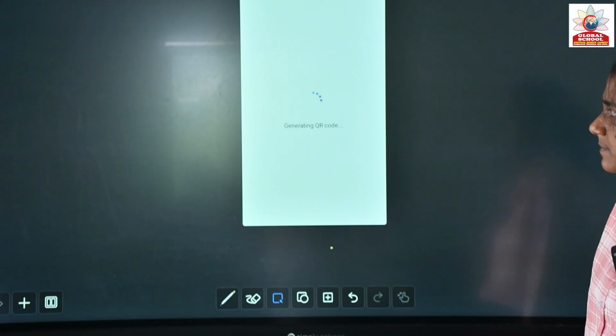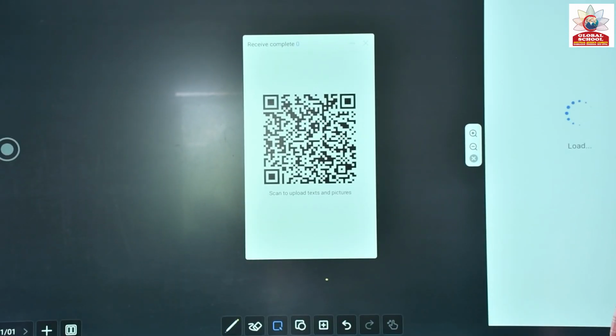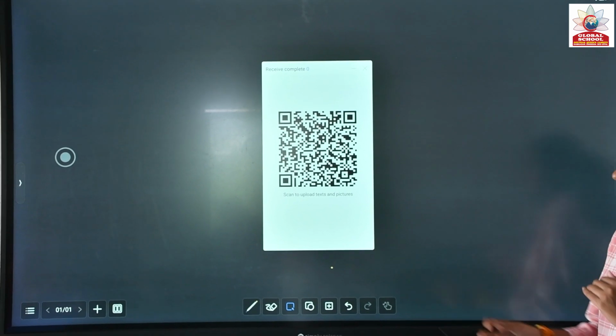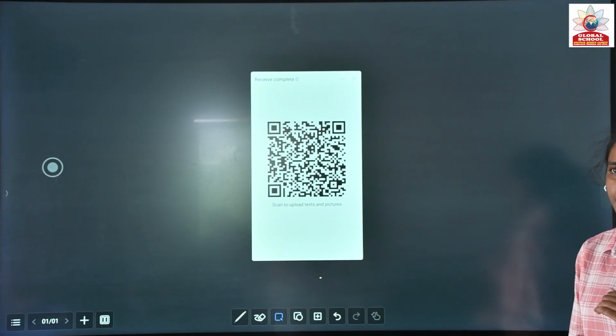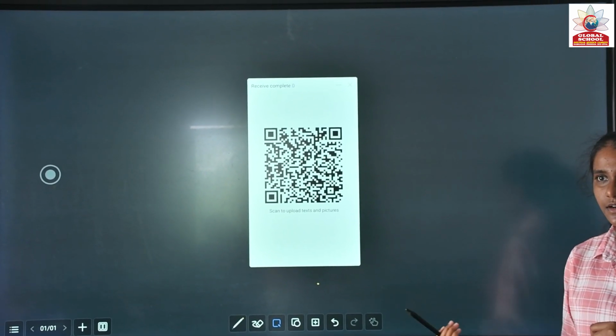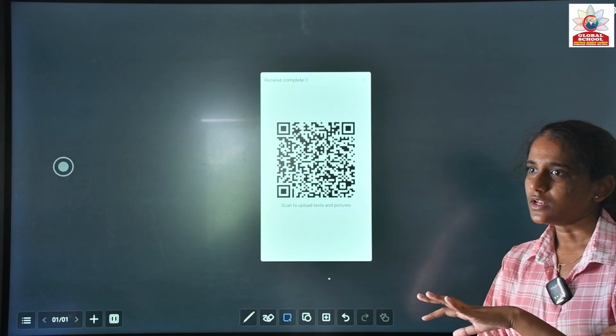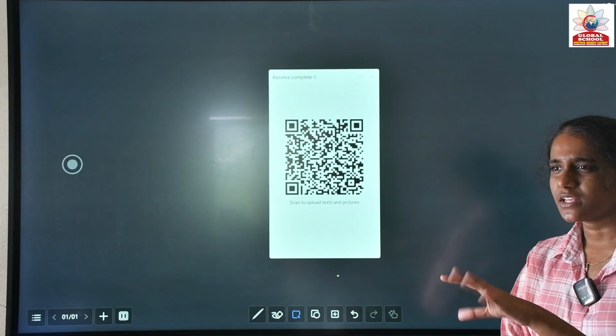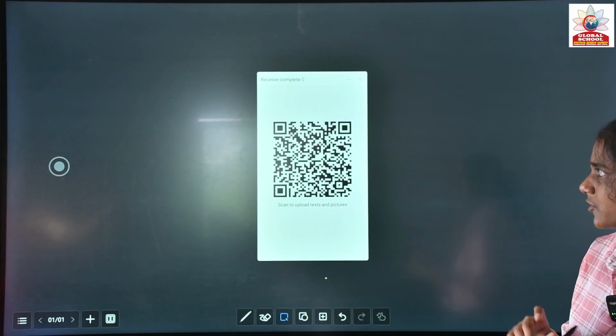And this is the quick pass. So if you have any PDFs or documents on your mobile phone and you want to share those documents to the panel using this scanner, you can just share them with the board. So does anyone want to try it once, ma'am? Open Google, and there is a lens option in Google or Chrome, any browser. You will get one link. Yes, tap on it, ma'am.